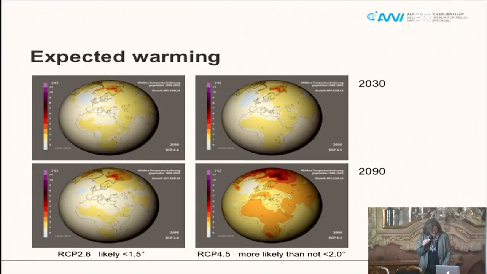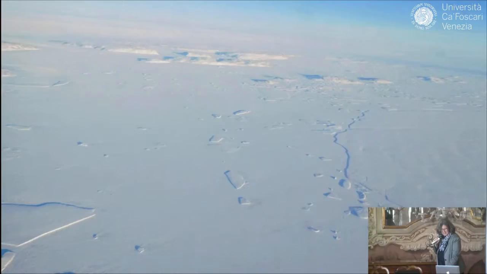And coming to a conclusion, I think my next slide is already the conclusion. I'd like to show you one photo that I took last year in March at Zacharias Isbrae. And this is a very typical picture. And for all the photographers in the room, this is a poor photograph for sure. But what you see is hundreds of icebergs.